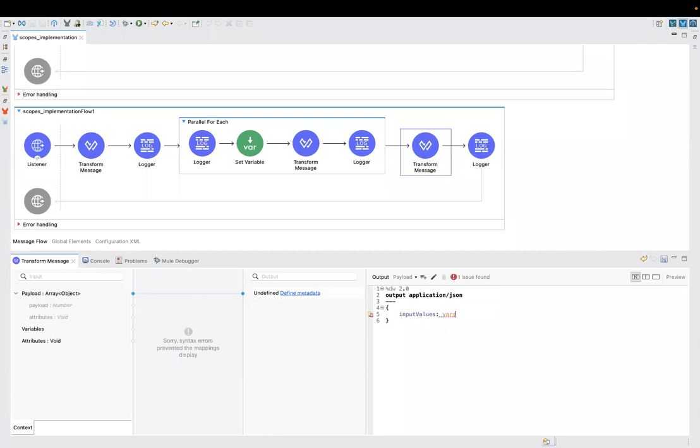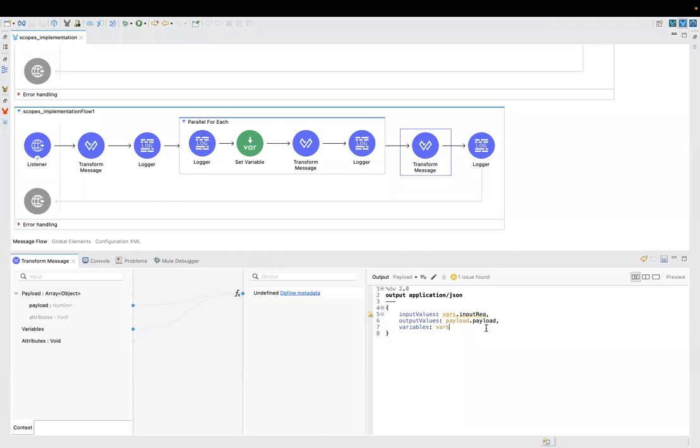So for that, we are going to add input request. So we will define an input request variable, and then here output values. So output values are within the payload. So payload is a collection, and within that collection, we have the payload field. So we are going to access the payload,